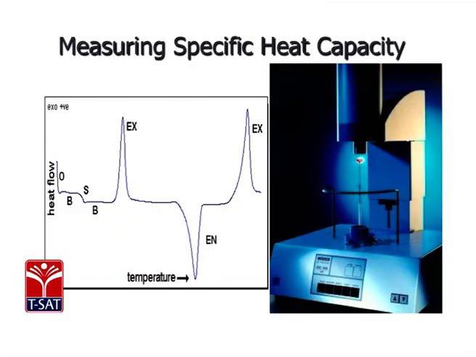You will be observing on the monitor a particular chart showing the measurement of specific heat capacity. In this you will have the instrument diagram that is being shown here. This is called a differential scanning calorimeter. The calorimeter scan output is shown in this particular one. Like this, they will take the measurements of specific heats. After measuring the specific heats for different temperatures, we will be able to